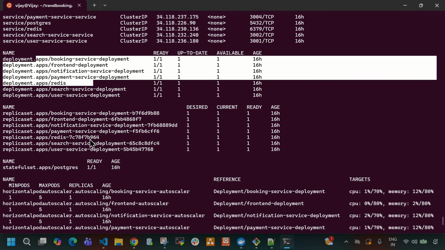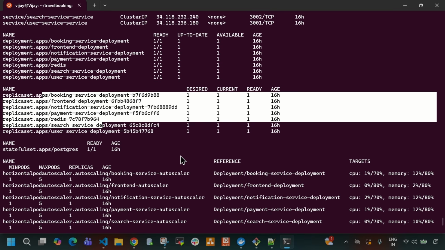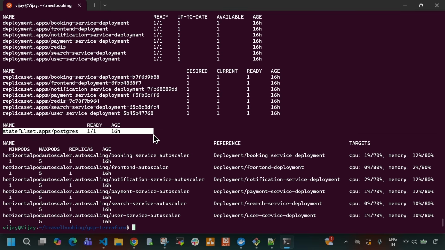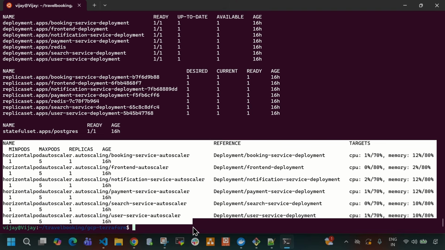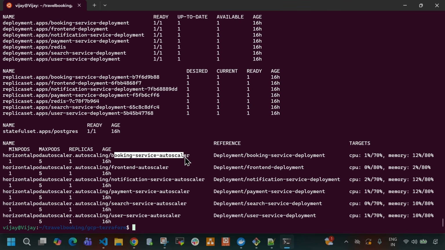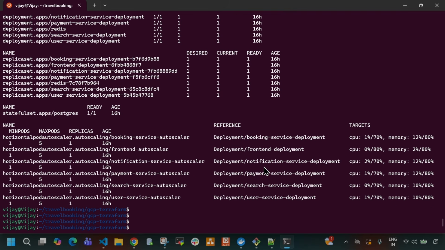Similarly, these are all the deployments. These are all the replica sets, and this is the stateful set for our PostgreSQL database. And these are all the horizontal pod autoscalers for all the services. If you see booking service autoscaler, front end autoscaler, notification service autoscaler, payment service autoscaler, search service autoscaler, and user service autoscaler, guys. Okay. So now, we still created a few more resources like gateway, kubectl get